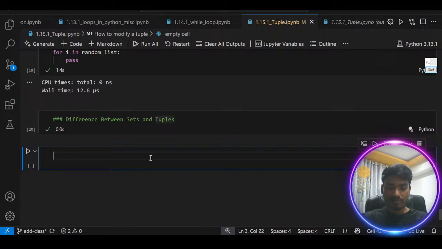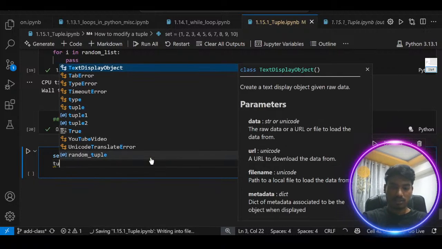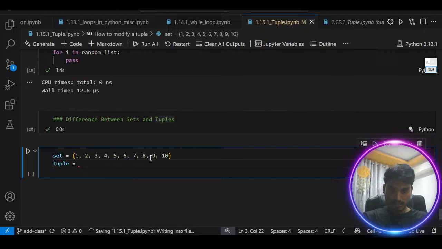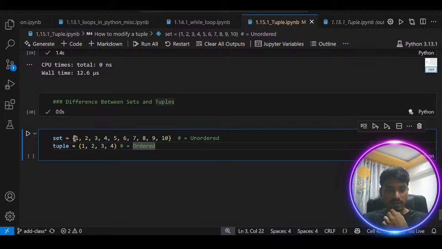वेयर एज सेट एंड टपल में क्या होता है, तो सेट का एक एग्जांपल दे देता हूँ मैं। So this is one of the example of set and this is an example of tuple, कुछ इस तरीके से टपल होता है। ठीक है, तो टपल में और सेट में, दिस इज कर्ली ब्रेसेस, दिस इज राउंड ब्रेसेस। तो और क्या डिफरेंस होता है, तो द डिफरेंस इज दिस इज अनऑर्डर्ड और नॉन ऑर्डर्ड, आई डोंट नो व्हाट इज द राइट वर्ड, एंड दिस इज ऑर्डर्ड। ठीक है, ये ऑर्डर्ड होता है, ये अनऑर्डर्ड होता है।